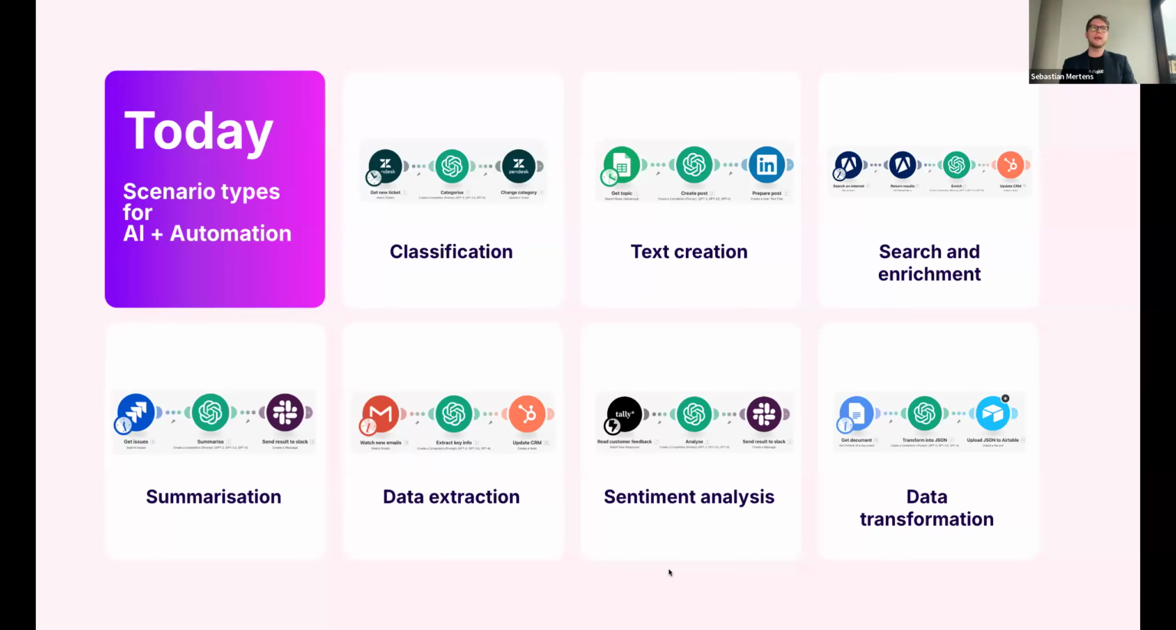So today, scenario types of AI and automation. Depending on what you read and what kind of source, there are multiple levels or versions of AI agents. On Make today, you can build goal-based or simple goal-based agents. It's kind of a challenge to build self-learning agents. So when you're thinking about these scenarios, which you just see, like classification, text creation, search enrichment, summarization, and so forth,